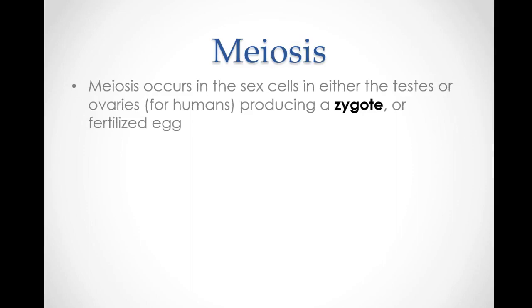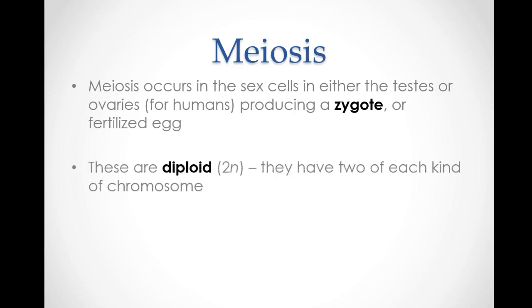And again, depending on whether we're talking about males or females, meiosis is occurring in either the testes or ovaries. So testes for males, ovaries for females. And again, once we combine the eggs and the sperm cells, we would get a zygote or a fertilized egg. The fertilized eggs then are diploid because, again, we had an egg with 23 and we had a sperm with 23. They came together. They created a diploid cell. All right, so diploid is two, having two of each kind of chromosome. So that's the whole purpose of what we're doing here in meiosis, is we're making it so that when we go through the process of sexual reproduction, we have the right number of chromosomes.